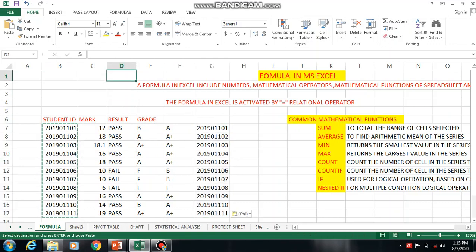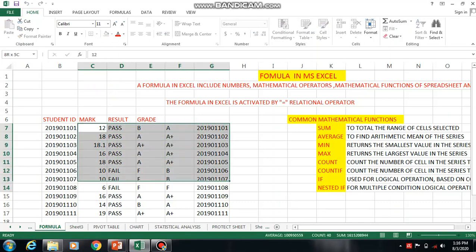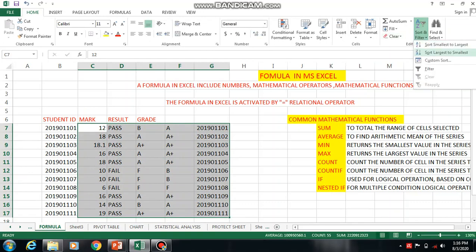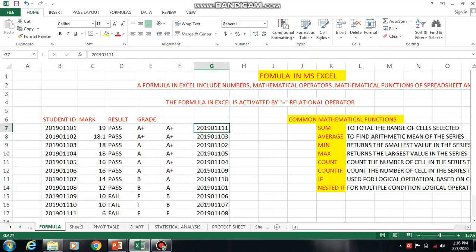I want to sort with respect to mark, so you just drag this one and go here, largest to smallest. Now they became largest to smallest. The first student is 111, second student is 103, like this. Highest mark to lowest mark.